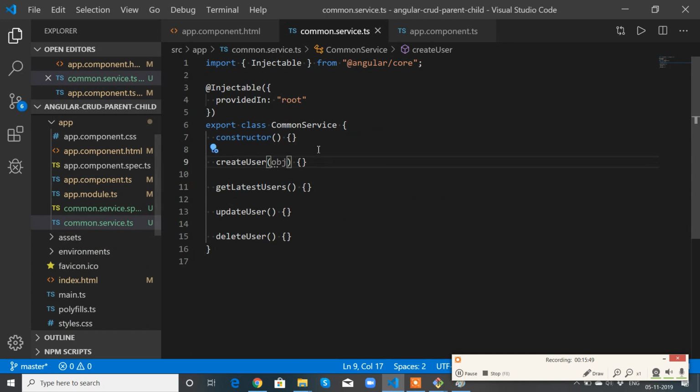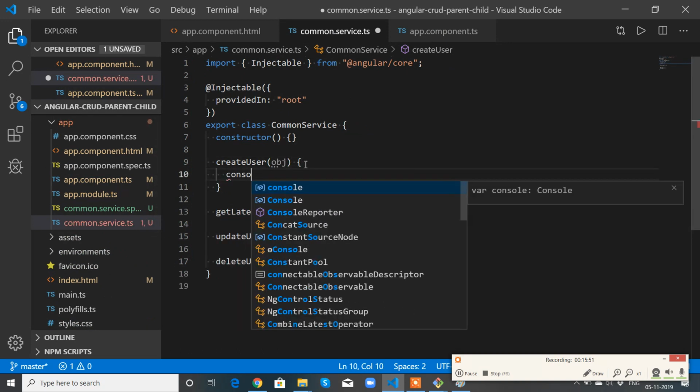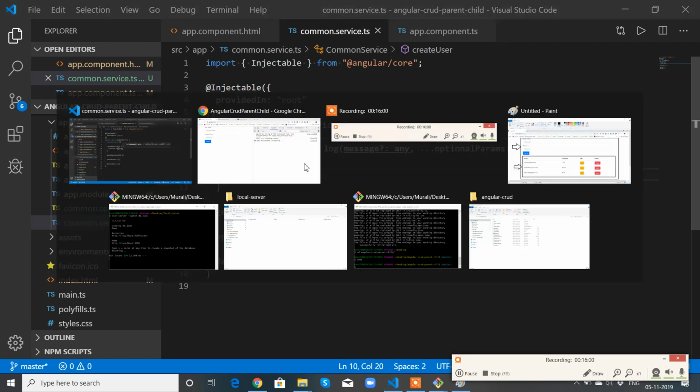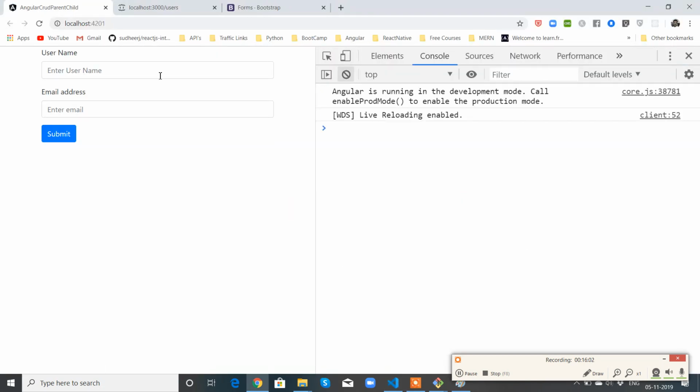Okay. Now just console.log obj. Now see, once you enter some value,